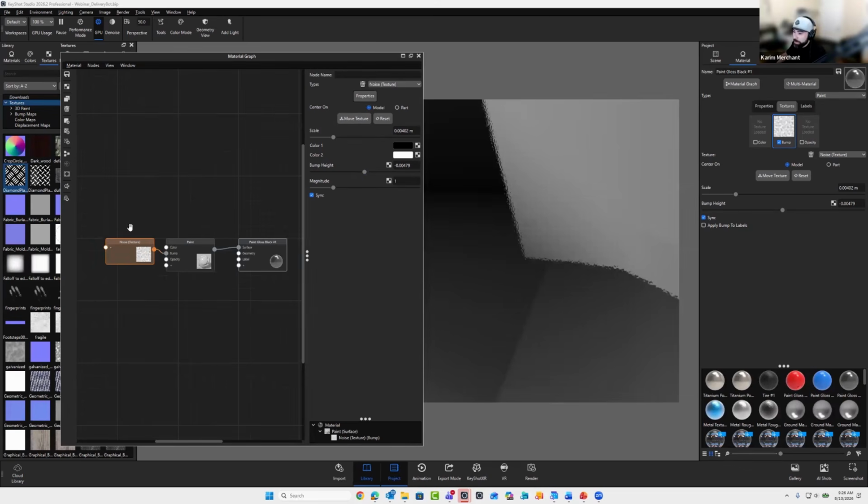And the nice part about the material graph versus just working in the material tab is you can actually stack textures. So right now, if you look in the material tab, we only have one slot for a bump. And we look over here in the paint, there's only one slot for a bump here as well. But in real life, when you're talking about injection molded parts or even things that are fairly pristine like watches or something,